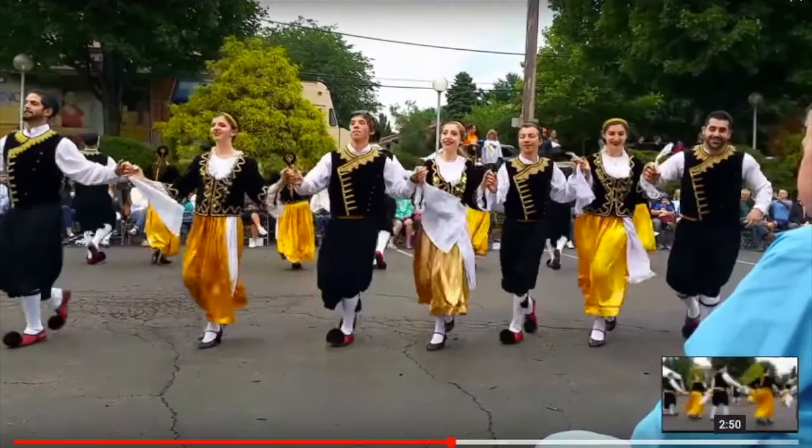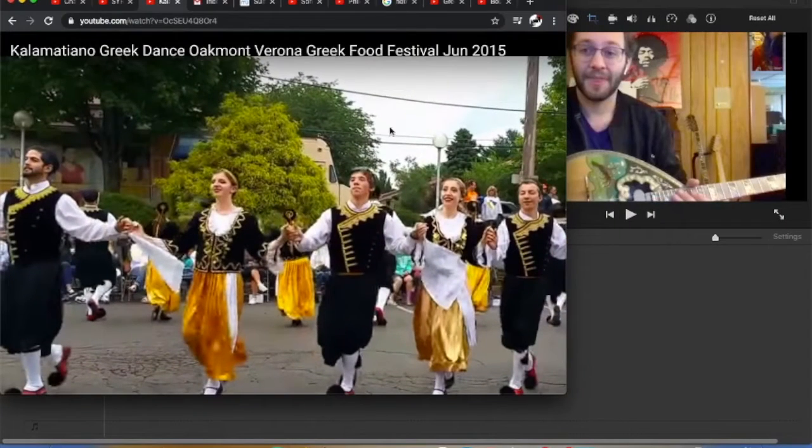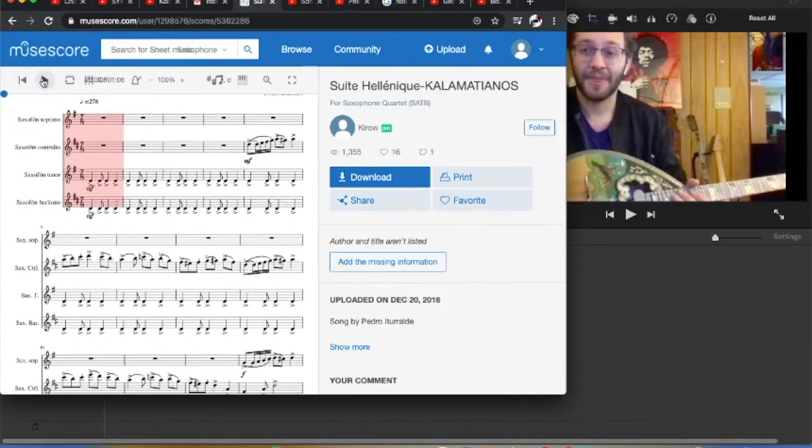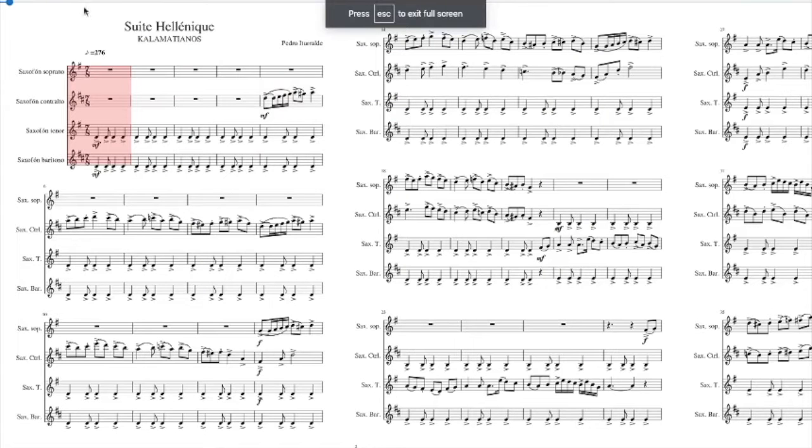All right, so it looks kind of like the other one, just a different feel. Let's see what a piece looks like in 7. So here's a Greek piece. Let's see what this looks like in 7. Ooh, I don't know if that looks better, but